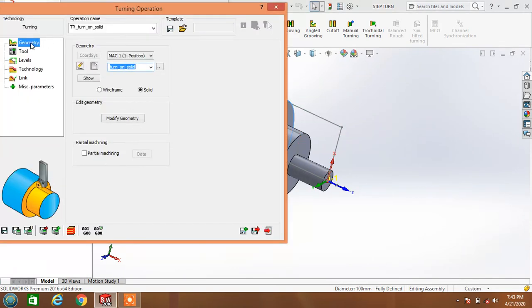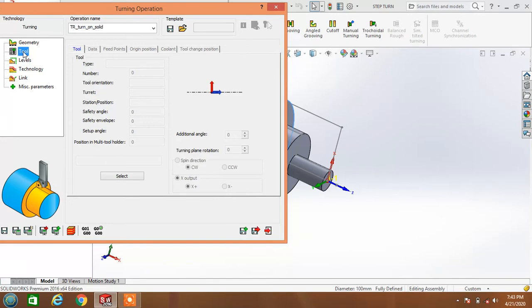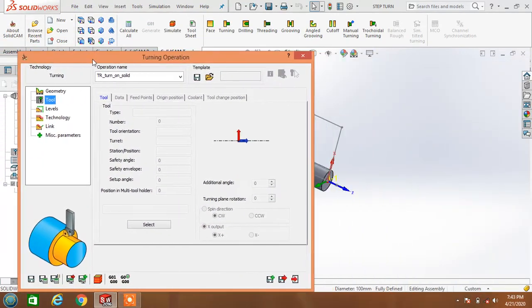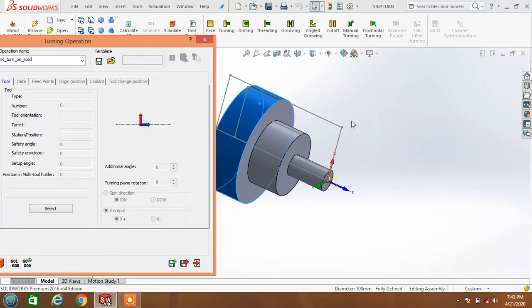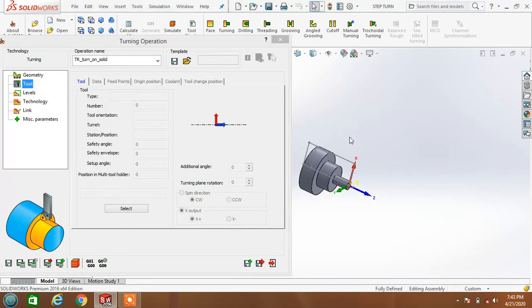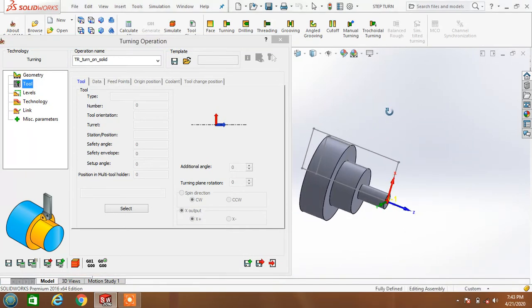The first is over, and the second one is tool. Which type of tool do you need for the turning operation? This is also basic knowledge. The designer must have basic knowledge about CAM, so you must select the turning tool.